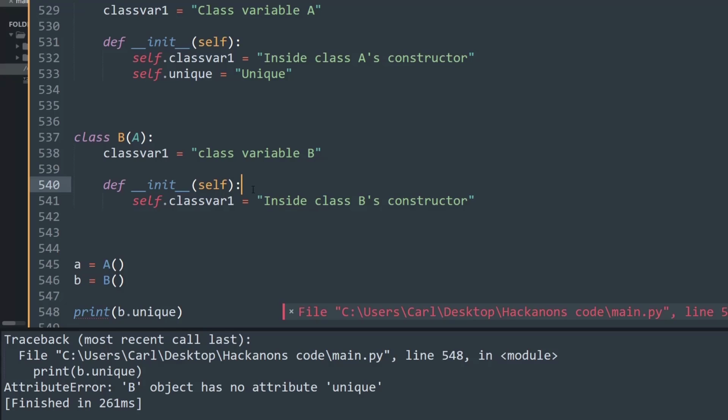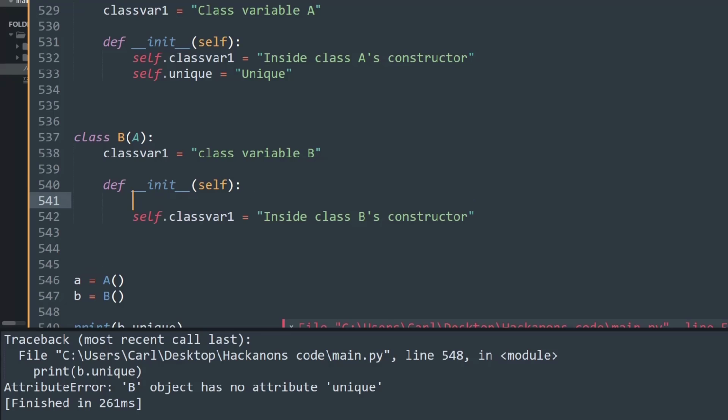To inherit that, we need to use something called super. Basically, super is a keyword that will help us extract data from the parent class. So I'm going to say super open close bracket dot underscore underscore init.